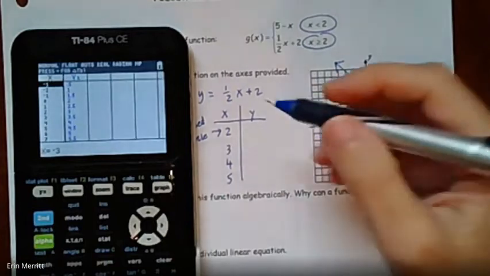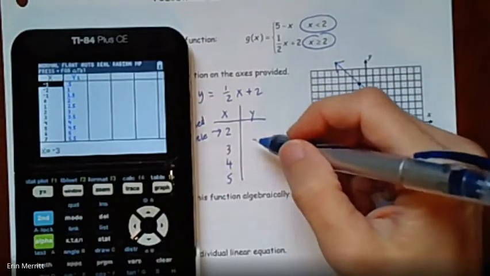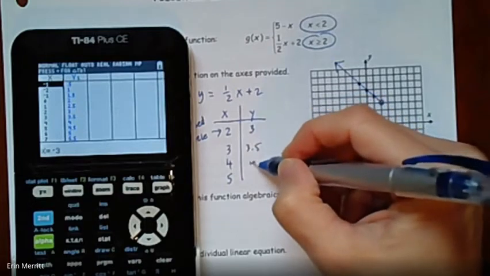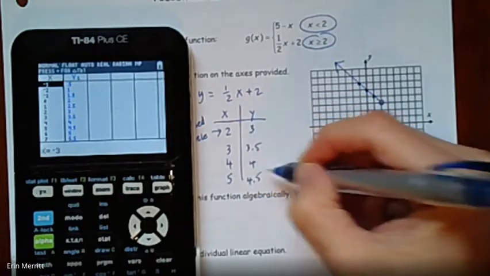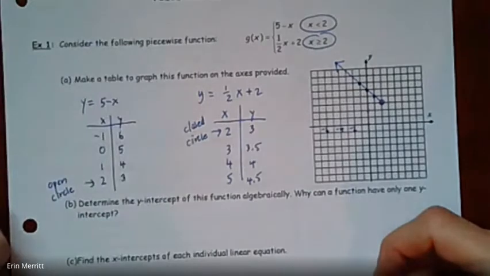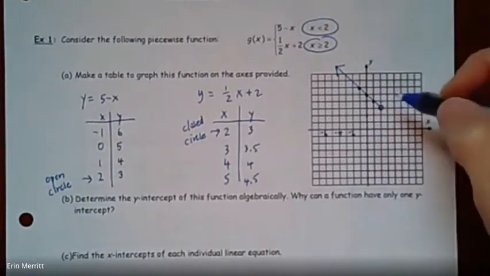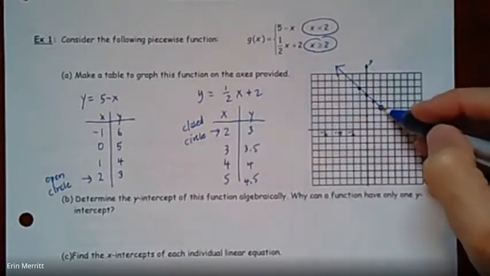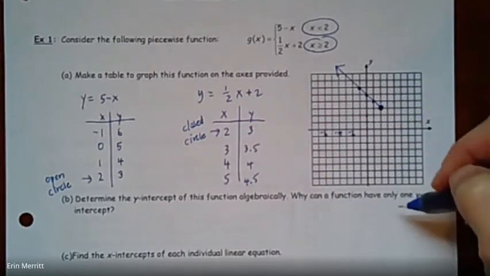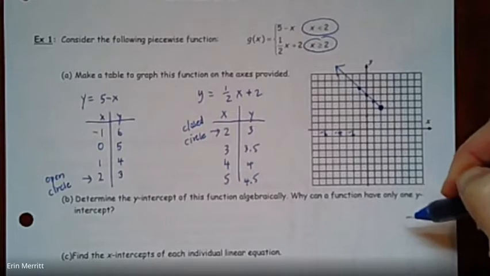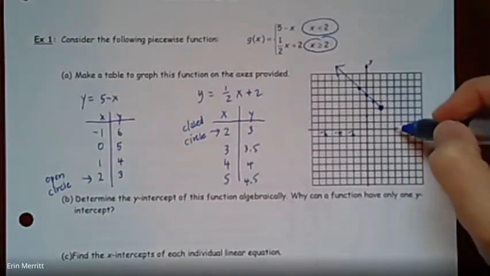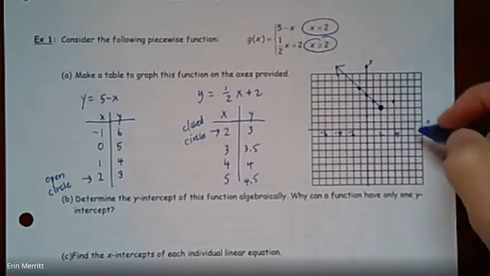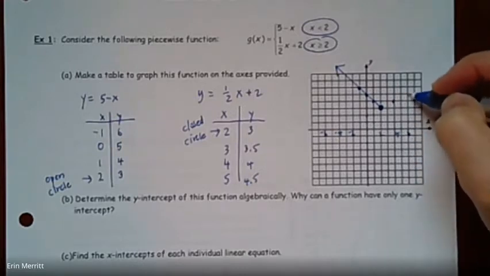So starting at 2, that comes out as 3. At 3, it's 3.5. 4 is 4. 5 is 4.5, and so on. Just as long as the value is bigger than 2, you don't have to plot every single one of them. But something you'll notice immediately, (2, 3) starts as a closed circle. It's actually going to close in the circle that we left open, right? And then I'm just going to come over to 4 and plot 4, and then 6 would be 5